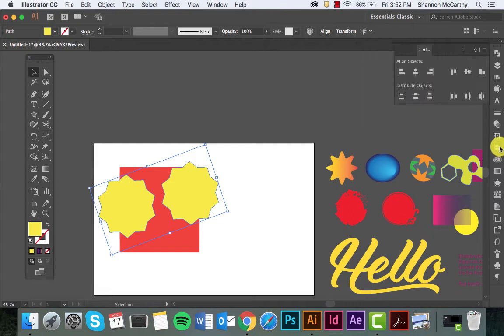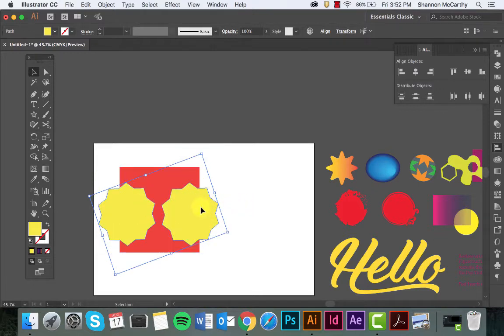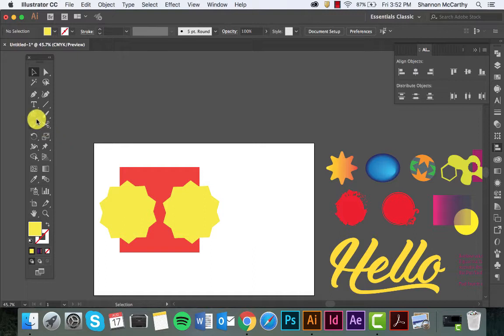I'm going to come back over here, and there's different ways we can work with this, but for right now, all I want to do is make sure that they're both vertically aligned centered. I'm going to double click on that, and there you go. And then I'm just going to click and drag them down a little bit to get them where I want to. So I sort of like this shape, but I need these end pieces cut off, and I want it in a circle. So I'm going to come back over here to my ellipse. I'm going to do a perfect circle, so holding down Shift. And it doesn't really matter the color,